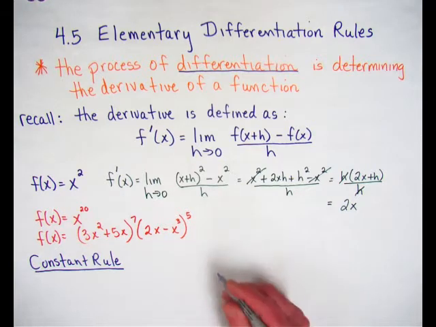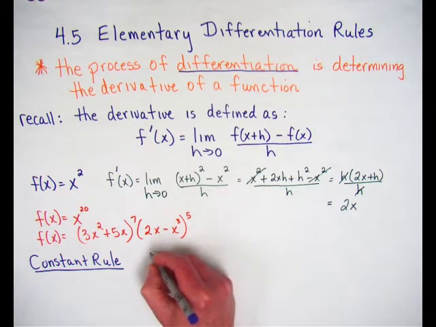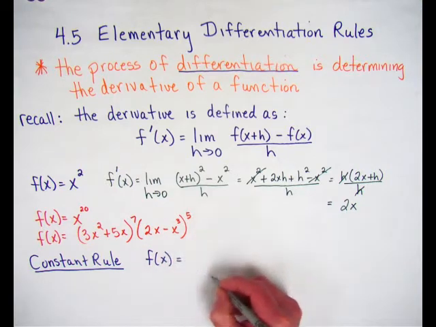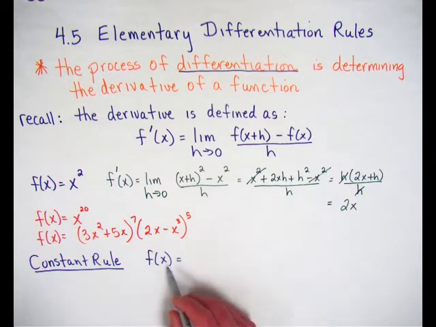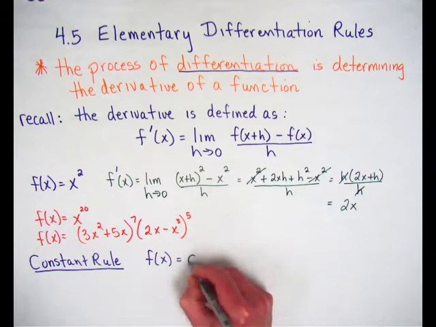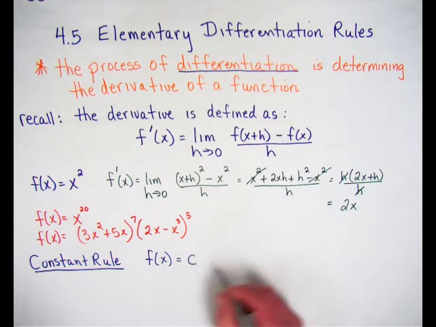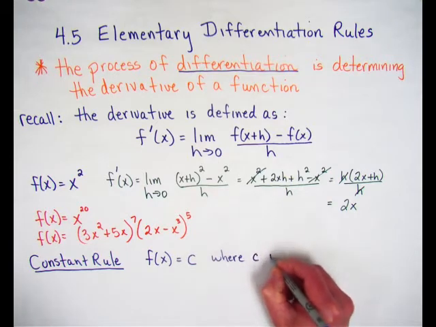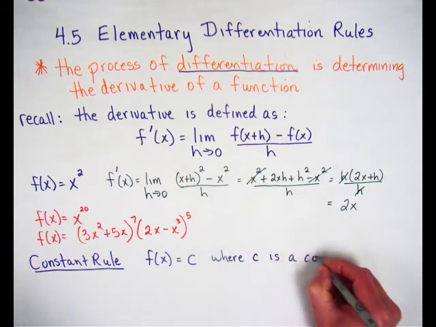The constant rule says that if you have a function f of x, and that function is equal to just a constant, like f of x equals 3 or f of x equals 5, if there's no variable involved, if you just have f of x equals some constant c, where c is a constant,